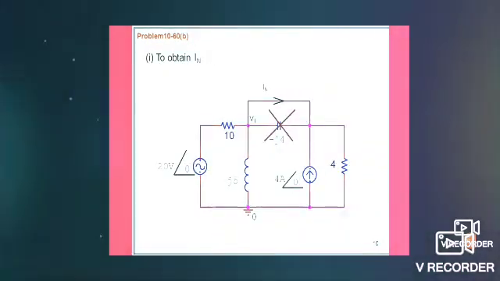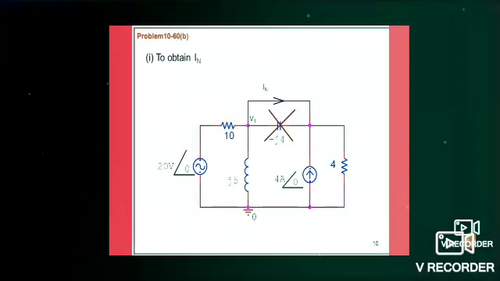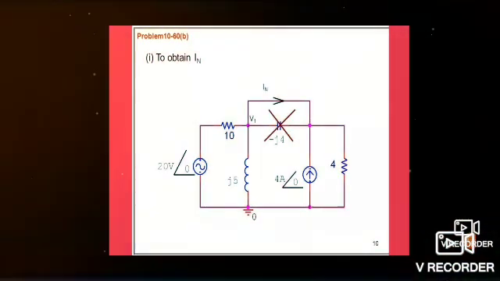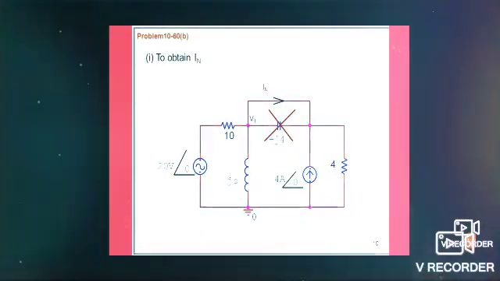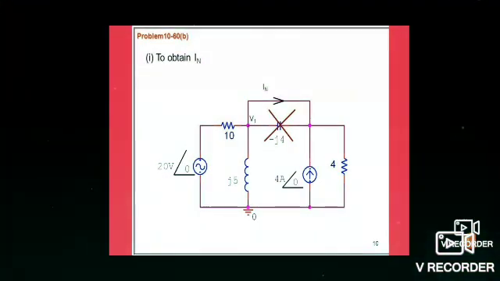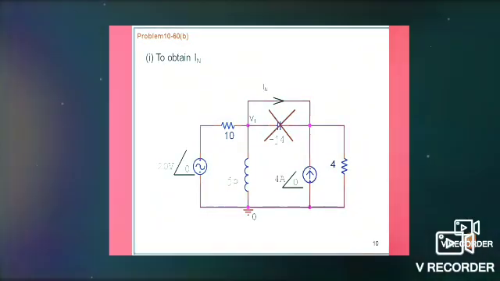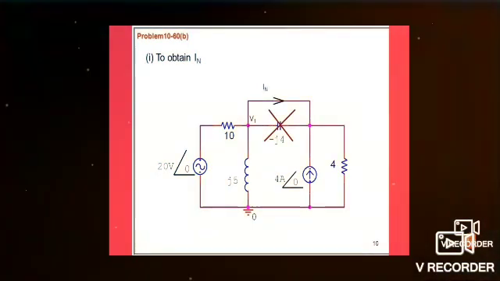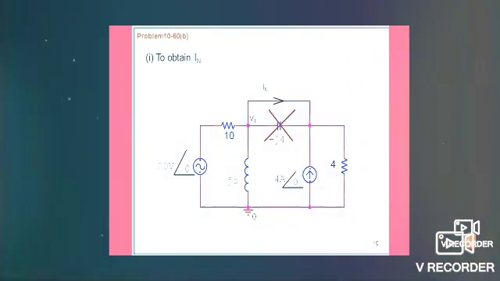First we are going to find out the value of the Norton current. Here the terminals C and D are short circuited. The current flowing through the short circuit terminal is called IN, also called ISS. Now there will be no current flowing through the minus J4 ohm since there is a short circuit. All the current flows through the short circuit, that is, IN. Now we are going to apply nodal analysis. By applying KCL, we find the nodal equations.